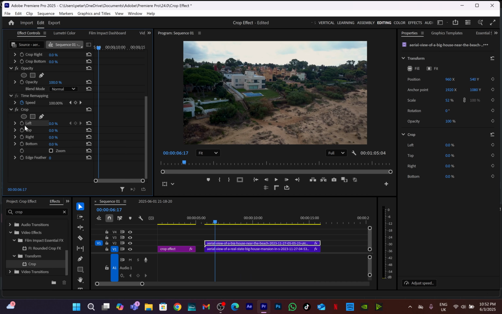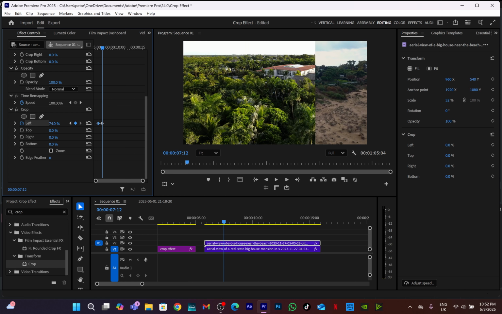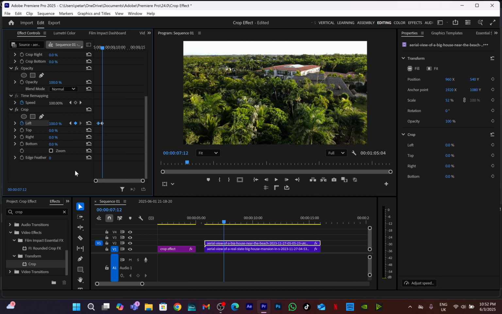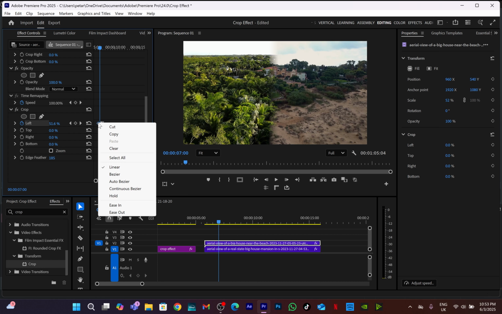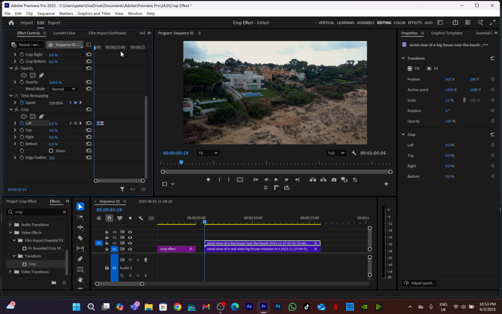So what I'll do, I'll create a keyframe with value 0, then I'll move the cursor 5, 10, 15, 20 frames forward and go all the way to the left. And one more time, let me just move the cursor over here so I can see how much edge feather we're gonna put. And then, as I said, I'm gonna go to the edge feather and increase it, so both videos can blend into each other. And to make the transition smoother, once again, right click, ease in, then the first one, right click, ease out. And when I play it,